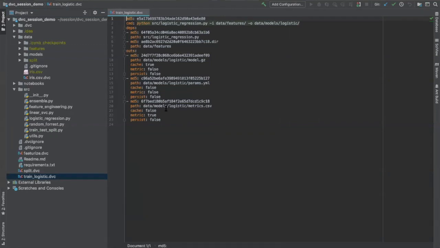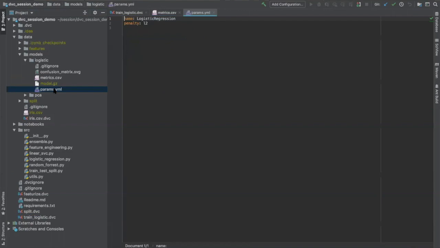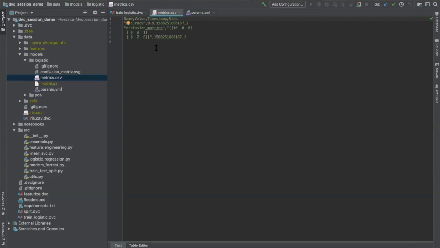So yeah, I'll explain how DagsHub is able to track experiments. So when you define a stage called train logistic regression, I've said that output of this stage is model.gzip file and params.yaml and metrics.csv. So if you open this models logistic, you have metrics.csv and params.yaml. So parameters are the hyperparameters used by your model, and metrics are the ones that say accuracy is this much, confusion matrix was this much.